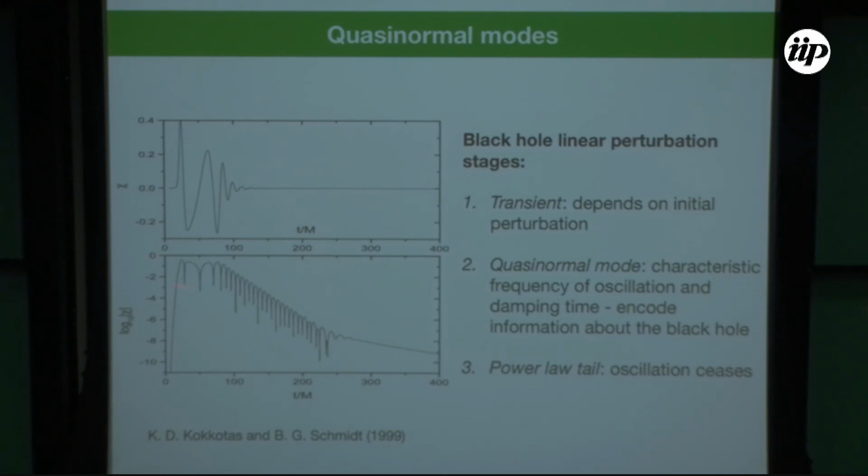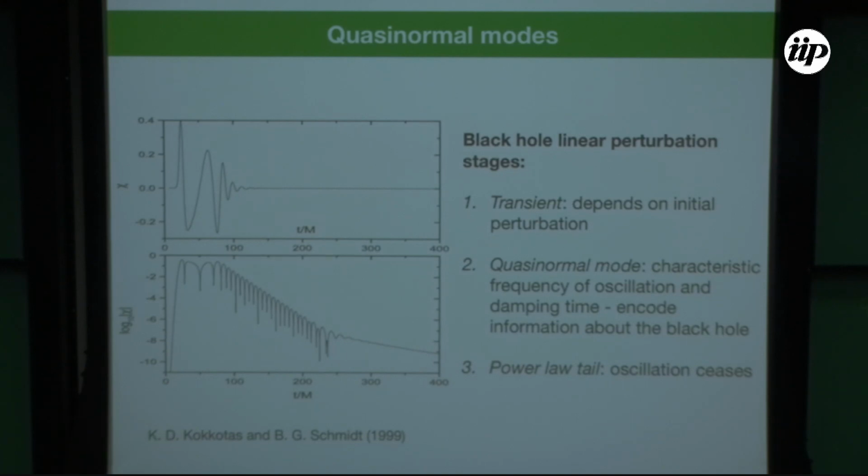You can see in this part, near from 0 to time 70, here the time is measured in mass. The unit is mass, it's not seconds. And this part of the wave here depends only on the initial perturbation. That's just an example. The second part of the wave is called quasinormal modes, and